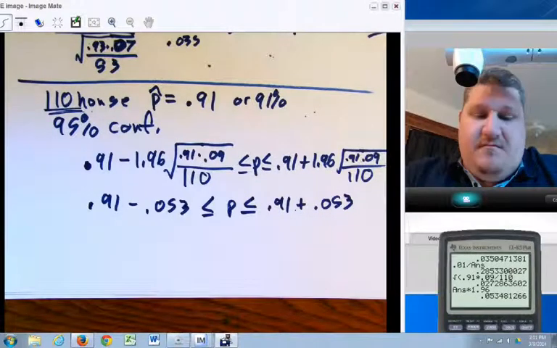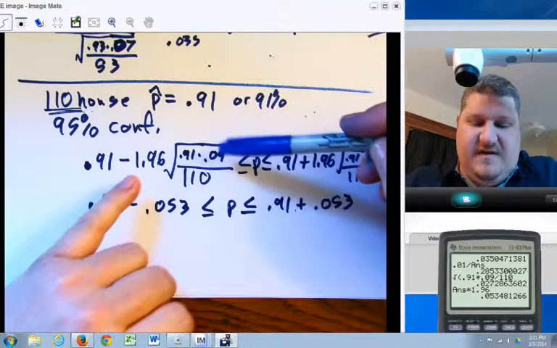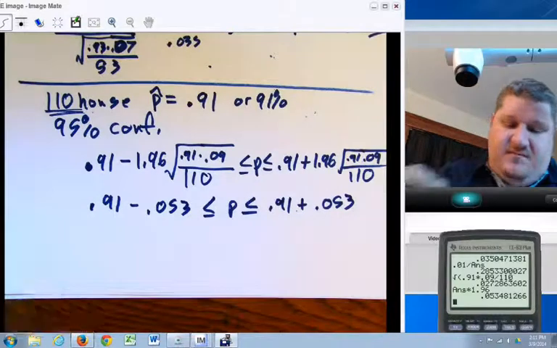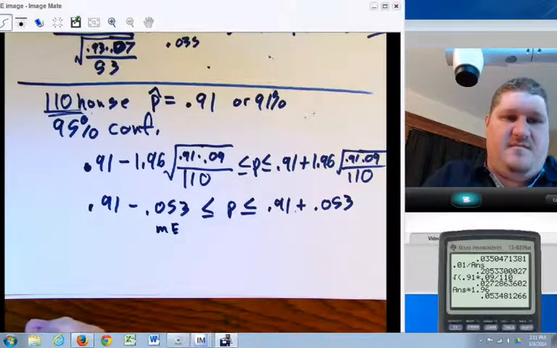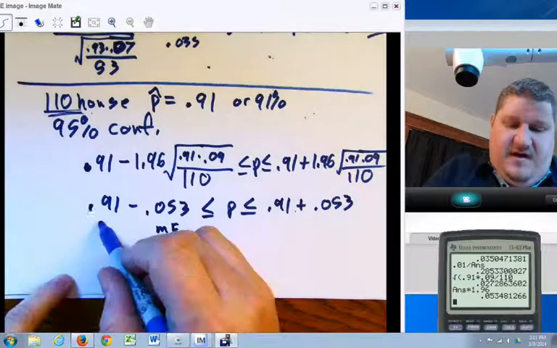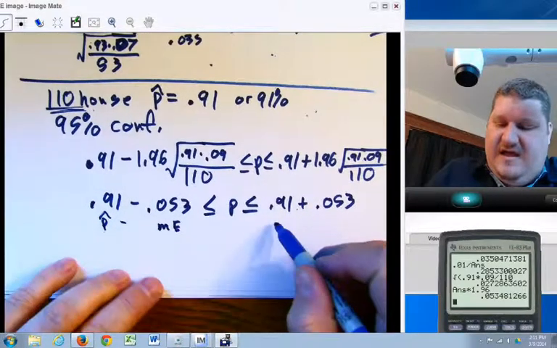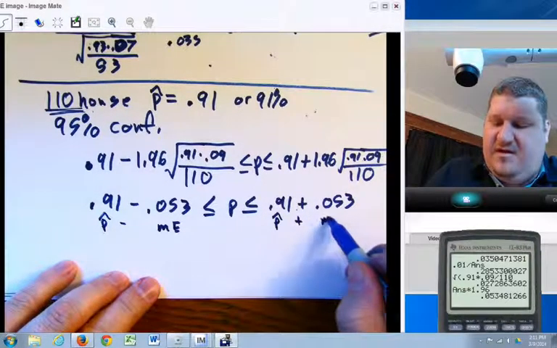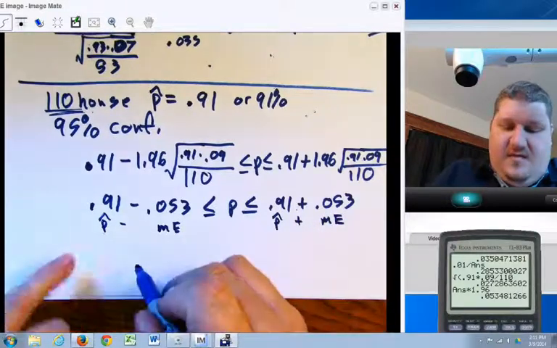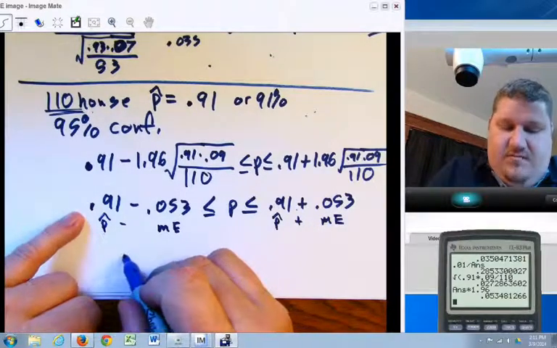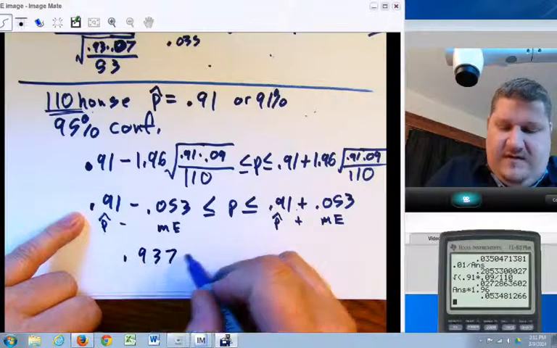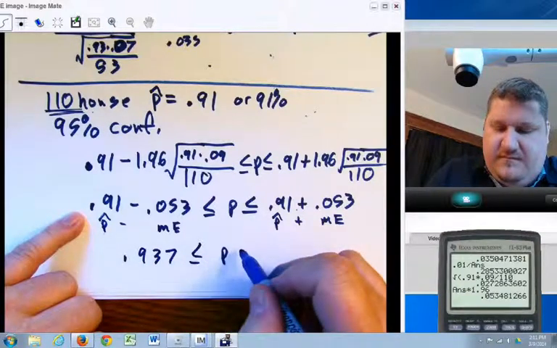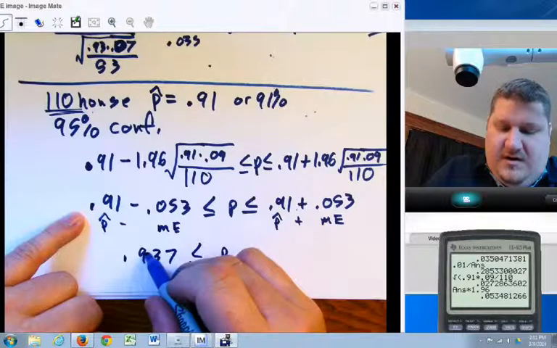Okay, by plugging in this information into a calculator, I find my margin of error is 0.053, or about 5%. So I have p hat minus that, and I have p hat plus the margin of error, and I come up with 0.937,